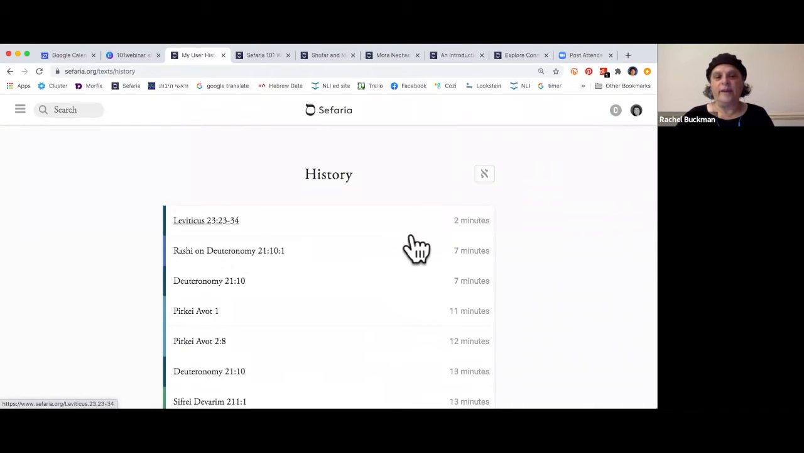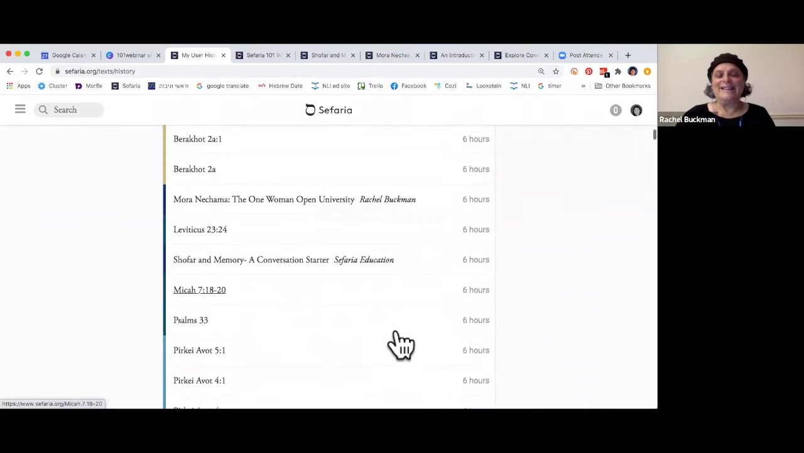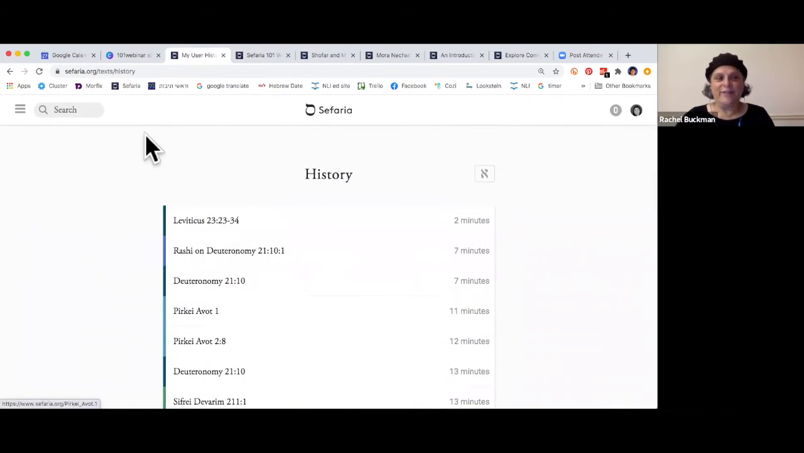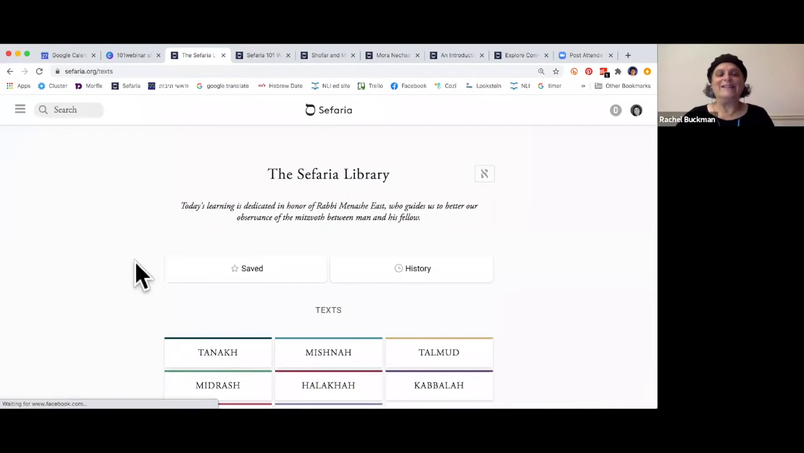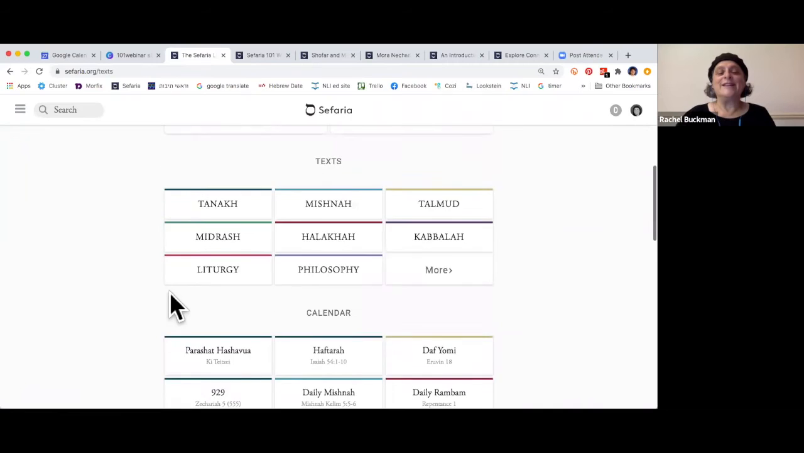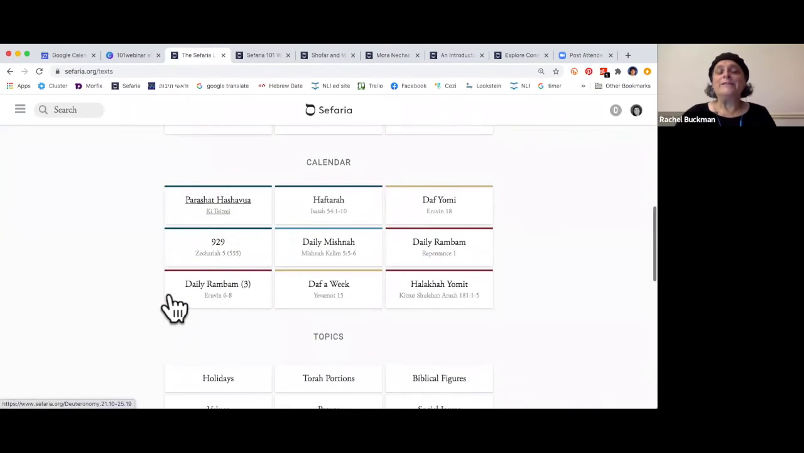It shows me here all the different texts that we've opened, but maybe I opened something, I read something, and I can't remember what it was a week later that I read. I can go back and find a text that I was looking at before. So I also have history. That's on my library page. So now I have my library, my shelves, and here's another place to find great things to study, and that's